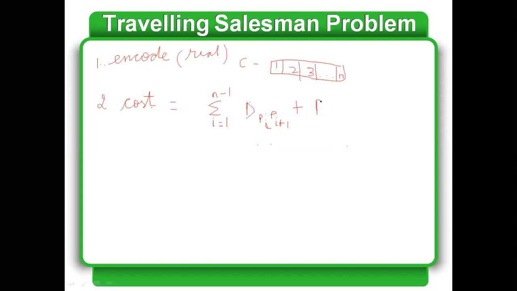Plus, this will give me the overall length of the tour, because we don't want to talk only about those two cities, but about the total number of cities to be covered. So I will take the distance between the Nth city and the first city. Here D is measuring nothing but the Manhattan distance, which is given to you in the form of the matrix. That can be any kind of criteria you have chosen. Here it is Manhattan distance.